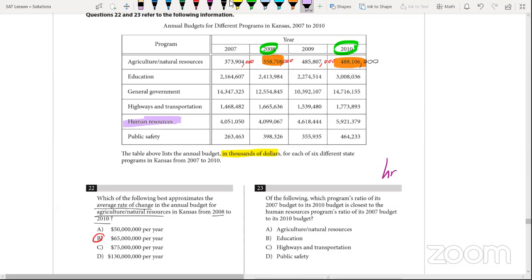HR is right here, human resources, and the ratio of 2007 to 2010 for HR. Remember, each of these numbers has 3 more zeros than we can see because it's in thousands. So the ratio of 2007 to 2010 is a ratio of